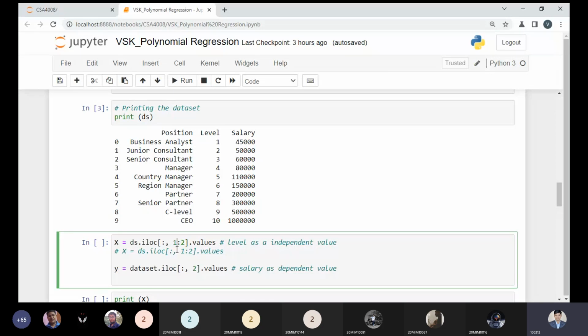So the column will be 1 or 2. Why? Because of the range I'm giving, the last element or last part will not be considered; it will be considered from the previous one. So if I'm giving the range 1 to 2, it means I'm talking about only the one part. Or explicitly, I can write it as 1.